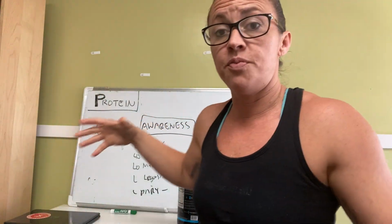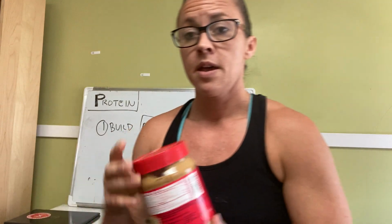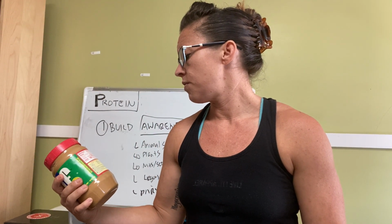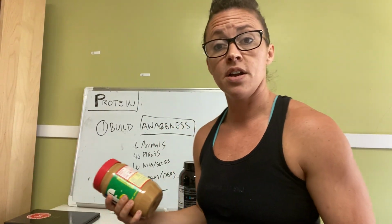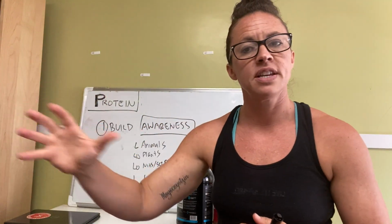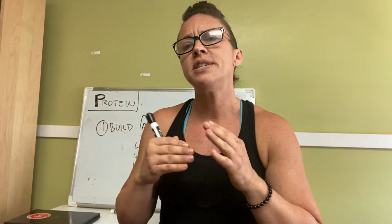All right, let's say I love peanut butter. Okay, peanut butter, again, maybe I'm just globbing it on because that's what I love to do. I just dig it in there and throw it in there with a ton of apples. Before I know it, I'm like, shit, I'm eating about 4 tablespoons and it's 7 grams per 2, so that's 14 there. Okay, so what you're doing is you're building awareness and just tracking for 3 days. 3 days is a great snapshot of almost anyone's diet because let's be serious, we eat the same things almost every day, the same type of meals. Sure, the weekends can get away from us and that's usually all over,